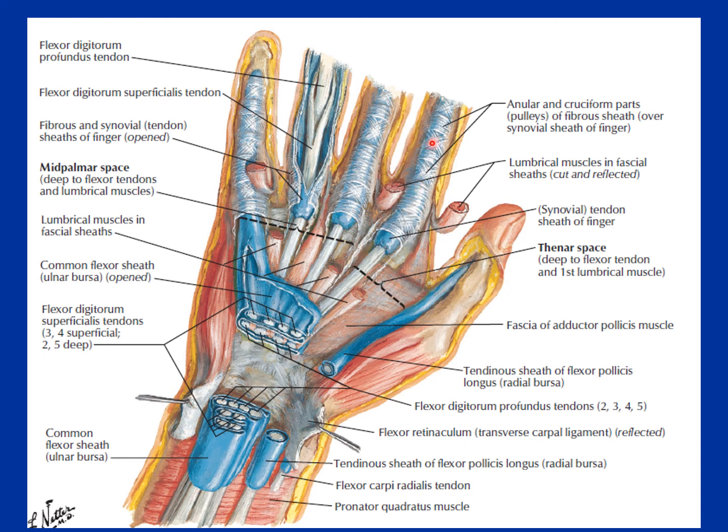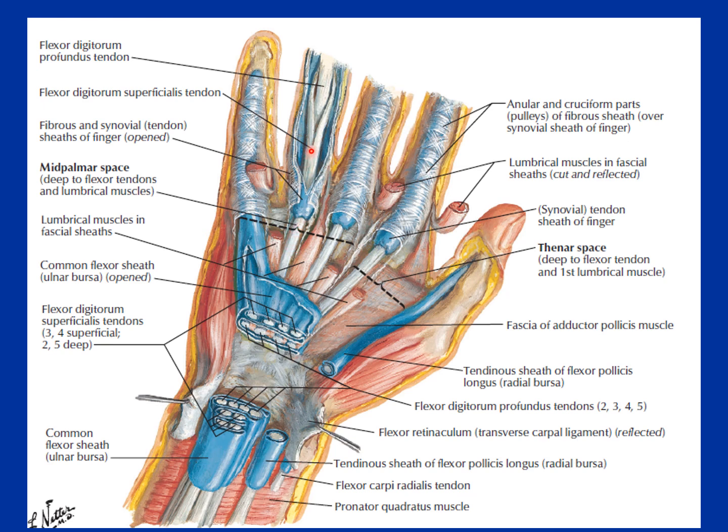of connective tissue, and these fibrous sheaths are either in the shape of circles or in the shape of crossing or cruciform. As you can see, some fibers are crossing together, and other fibers are in the shape of circles, or they are crossing together obliquely. So this is known as annular, and this is the cruciform part of the fibrous sheath, and they keep the tendons in position. And if you see the arrangement here, again you can see the flexor digitorum superficialis tendon.